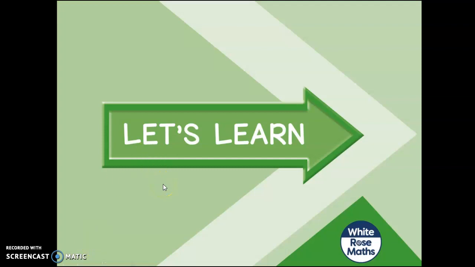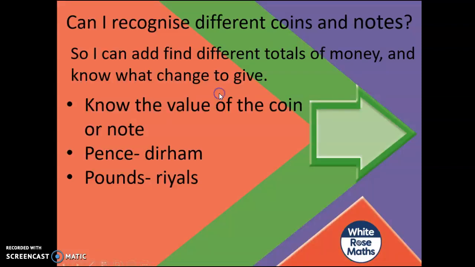Okay, so now we have done the warm-up, let's have a look at our learning intention and the things that we need to remember. So, our learning intention is, can I recognise different coins and notes? So we can find different totals of money and know what change to give if we're maybe buying different things. So we need to look at the value of the coin or note,